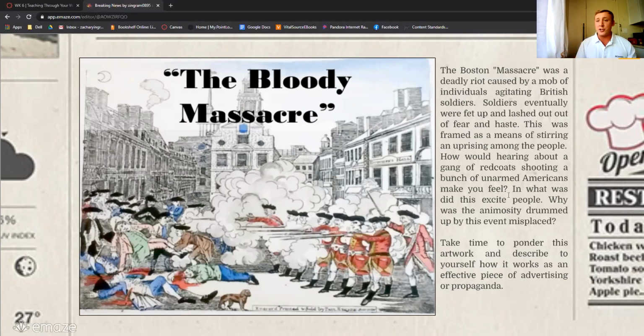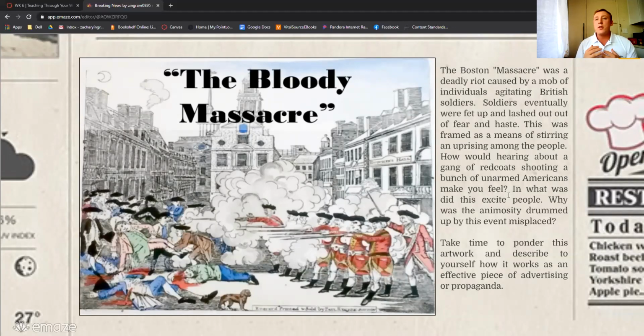Right? Obviously, this is tragic, and there aren't any excuses for it. But I think what's important is how the colonists reframed this massacre in a way that actually convinced the colonists that it was right to gather up arms and go and fight the oppressive monarch, right? So it was a massacre. 5 people were killed, but it wasn't completely blameless. The mob of individuals, reports say, were being very hostile. They were throwing glass. They were throwing snowballs with glass and rocks in them. They were throwing large bricks. They were really agitating the